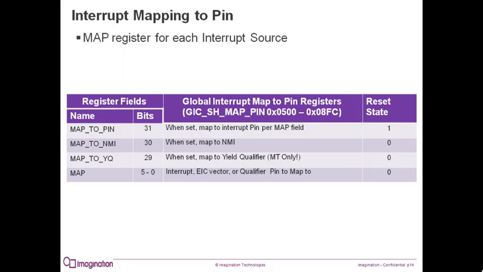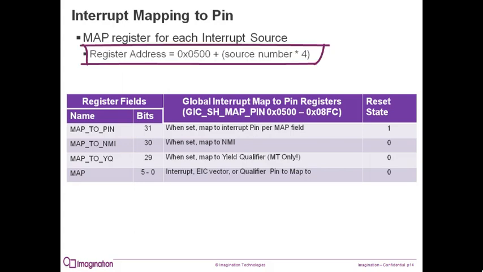For every interrupt source, there is a 32-bit map to pin register. The address of the register that corresponds to any interrupt source is the GIC base address plus 500 hex plus the interrupt source number times 4, because the addresses are on word boundaries of 4 bytes each,